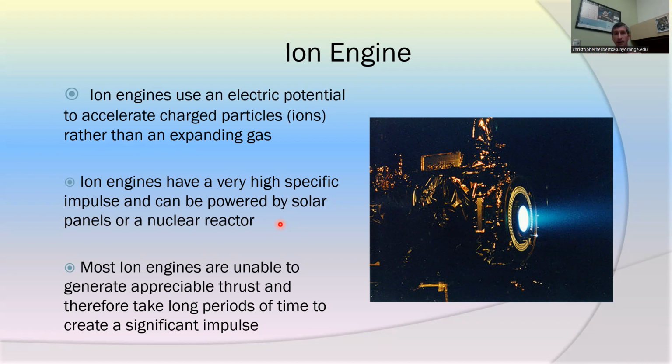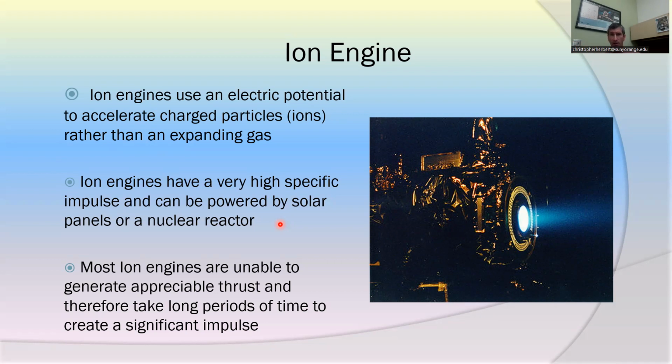The other problem you have is today's ion engines don't produce very much thrust. Most of these ion engines produce less than a Newton of force. That's not going to get your rocket off the launch pad. Additionally, they need huge amounts of electrical power. As we'll see, some of these will actually use almost a megawatt of power, and that's beyond what solar panels can produce. But once a rocket's in space, even though they produce a very, very small amount of force,